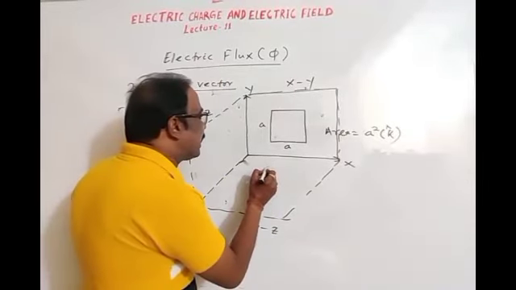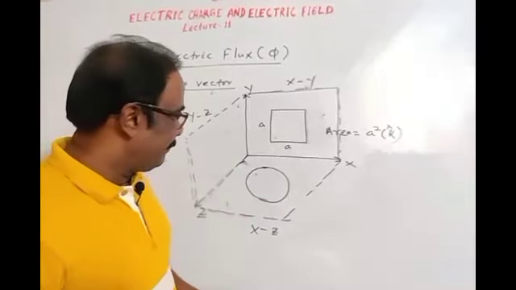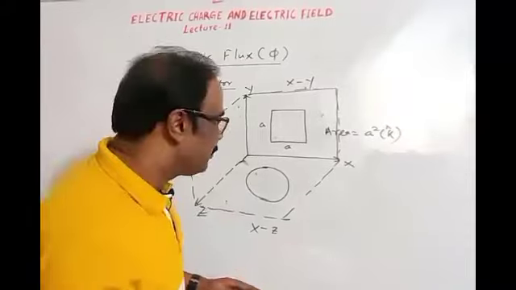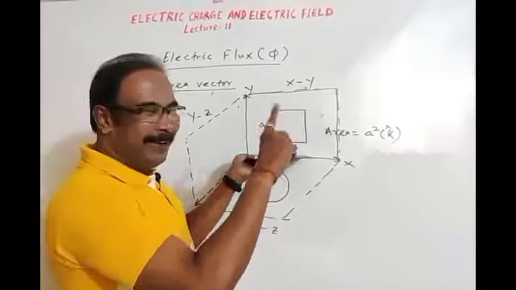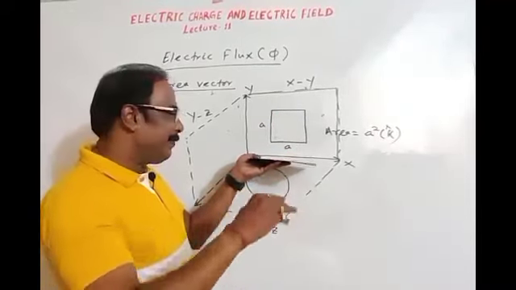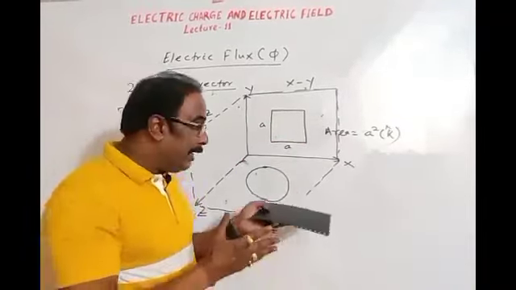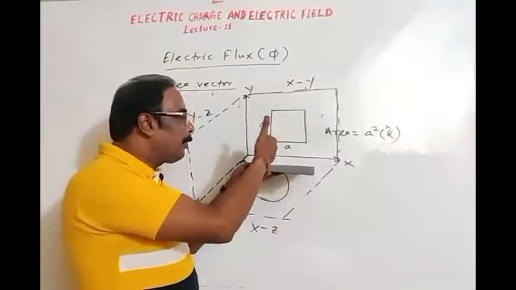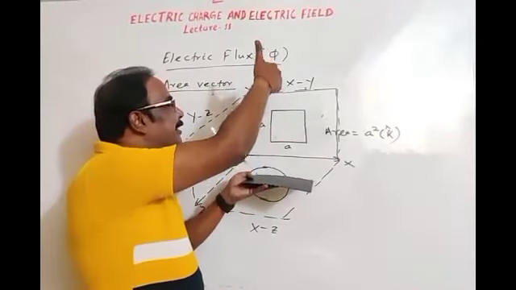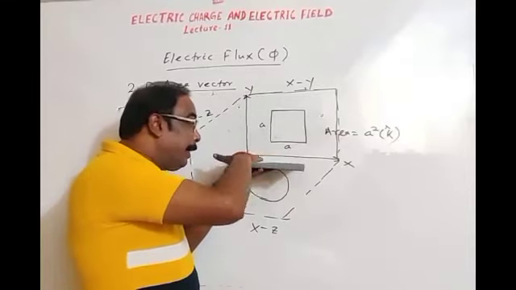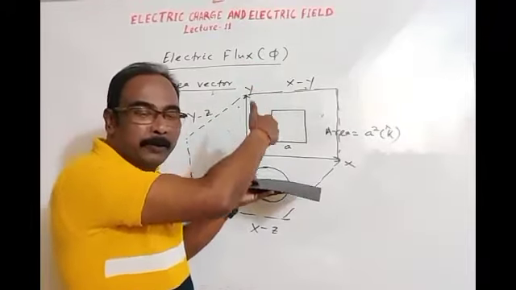Okay. Suppose this is a circle on the xz plane. This is a circle, looks like that because the circle is on this plane. You are observing it remaining on the front side of the board. Then this is a circle on the xz plane. Then what will be the direction? The direction of this area of the circle will be perpendicular to the plane in the outward direction. Then this direction is along the y-axis; perpendicular to the xz plane is along the y-axis. The outward direction is along the positive y-axis.